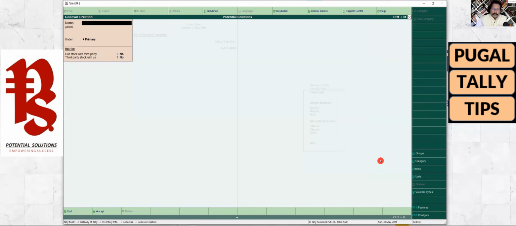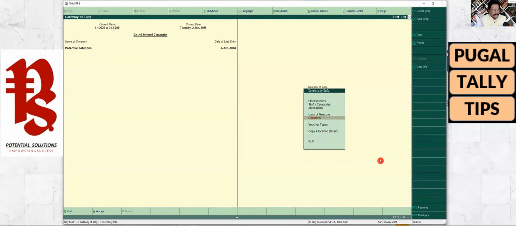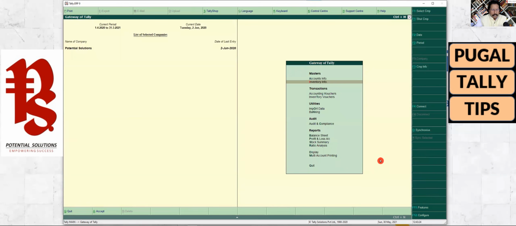And now if you see, we made those purchase entries in the last session. So all this material is now going to lie in your factory godown, which we renamed the main location, right? So first, let us see the stock journal.